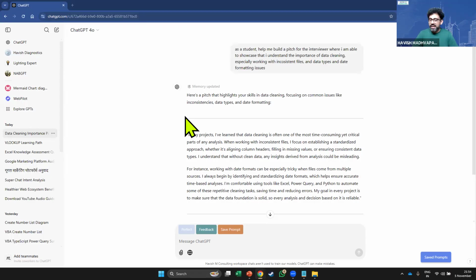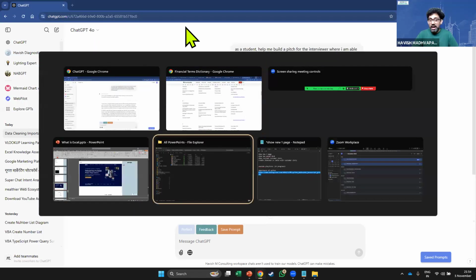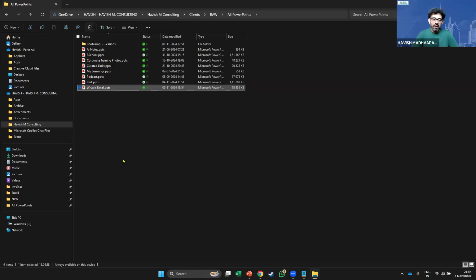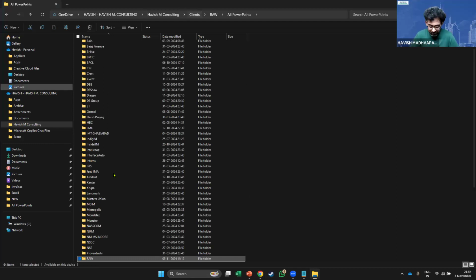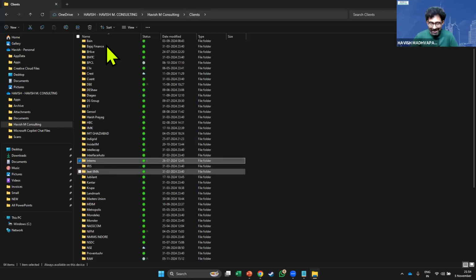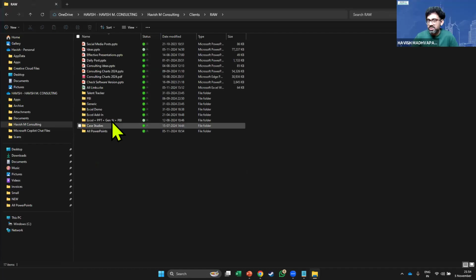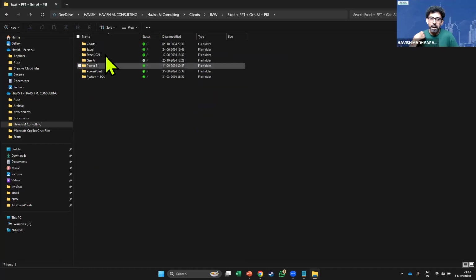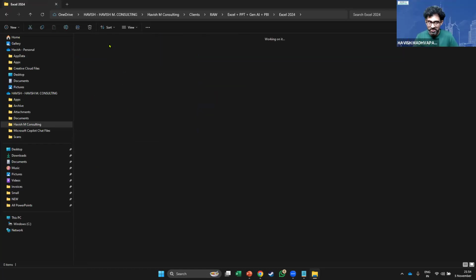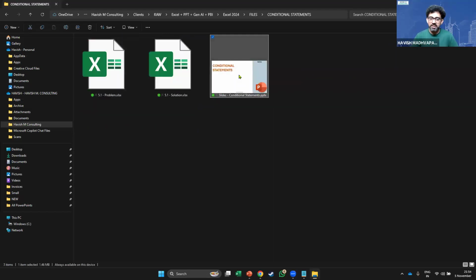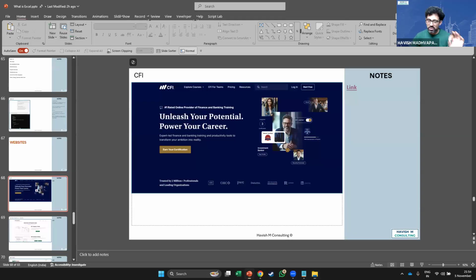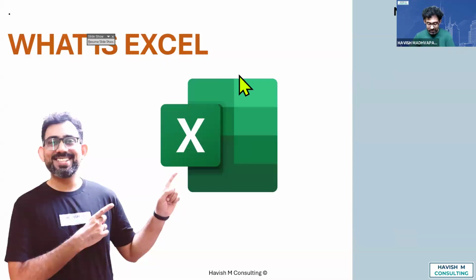Otherwise, see, in Excel, you already have the notes with you. I don't know how else I'll be able to help you. Like if you really want to learn Excel very quickly, this would be my suggestion. I know you don't have the time, right, to go back and watch courses and videos and all of that. But trust me, what you should do at least is just go back. Any topic that you pick up, let's say conditional statements, don't even open the file. Just look at the screenshots that are there, right?